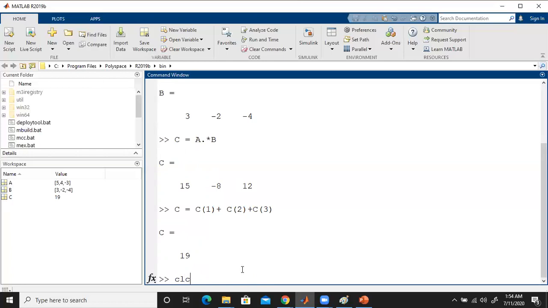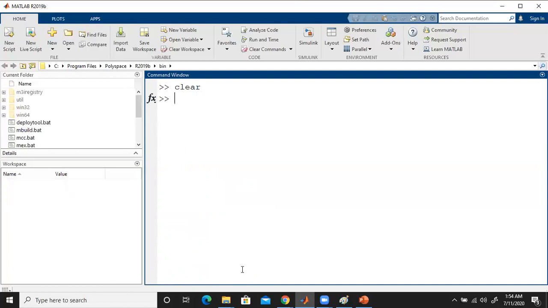So this way it will work. Let us clear the command window, also clear the workspace, then again clear the command window. Now we can go to the next example. In the second example, no constant is mentioned. All are variables, so while working with variables, we have to assign them as symbolic variables. Remember that, right? So syms x, y, z, i, j, k. Now we can work with those variables.